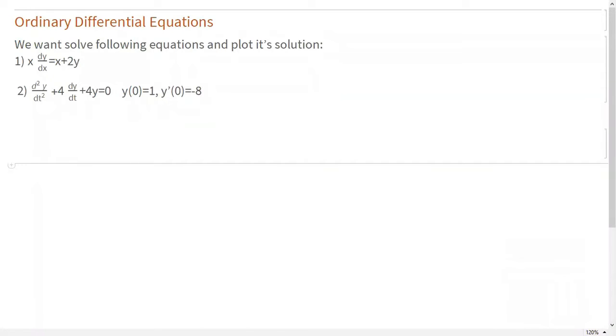Today we will be seeing how to solve ordinary differential equations with Mathematica. Differential equations are important when we try to model a physical system because most of the time we are interested in how things change with respect to a certain parameter. So as you can see, I have taken two examples and in this video I will show you how to